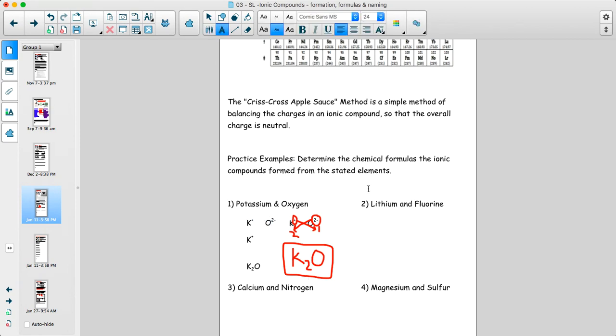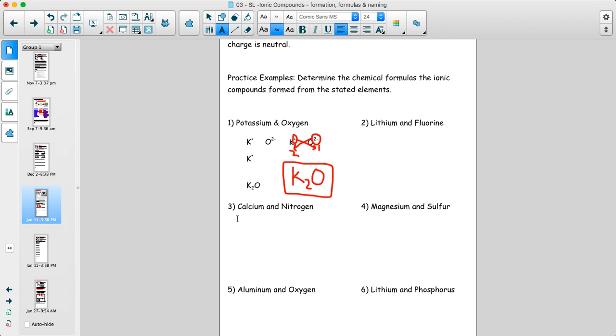So again, I'll do it one more time. Let's do number 3. Calcium is in group 2 and therefore it forms a 2+ charge. Nitrogen is in group 15 and therefore forms a 3- charge. So if I try to figure out when 2 and 3 are going to be balanced, I can think about the common denominator being 6, and so I've got to get them both to 6+ and 6-. I can do it that way, but if we just do the crisscross method, which I think is usually simpler,